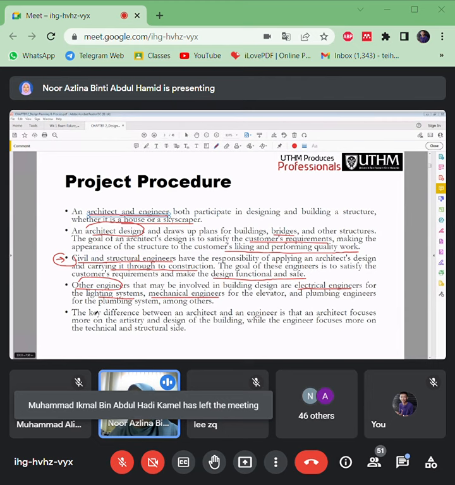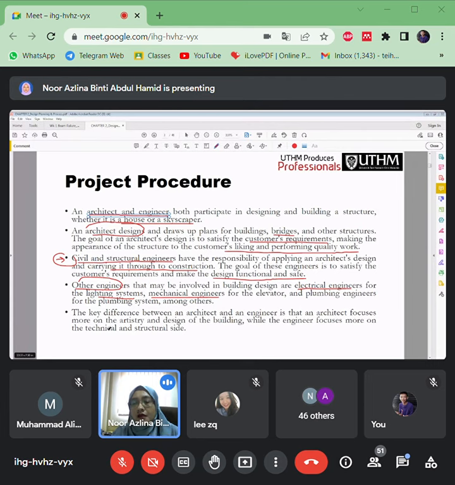So that means here it shows that all the architects and engineers have their own responsibility, their own scope or limitation of work. Everyone does their own job. Architects do their own job and then pass the drawings to the civil and structural engineer, and to the mechanical and electrical engineer.